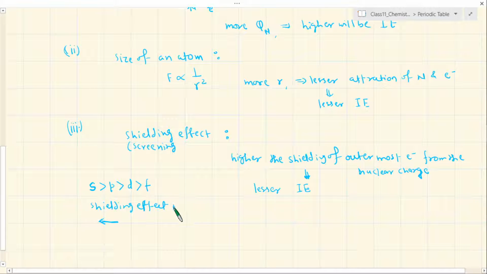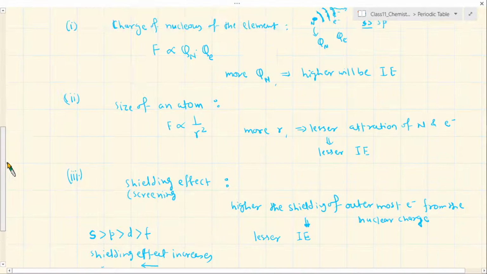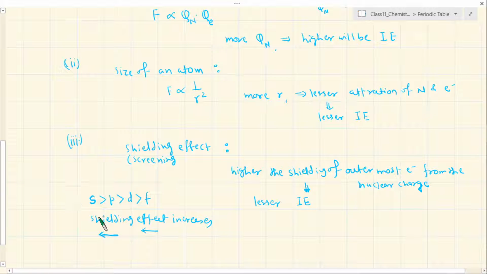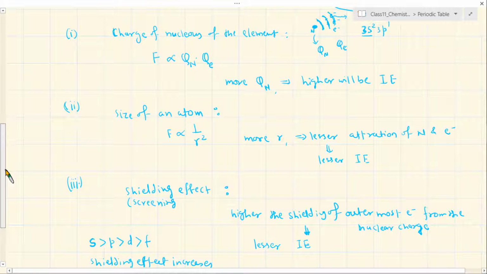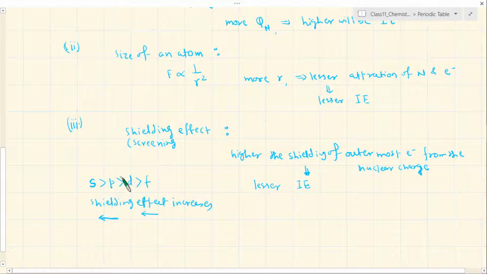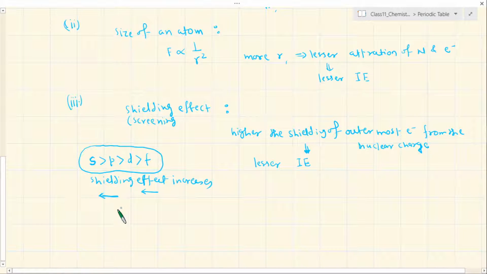So if it increases in this direction, okay, so you can very easily relate. These are factors that we are going to invoke to explain certain things a little later. So I talked about shielding effect, not very difficult, but now I am adding one more thing, saying that shielding effect also depends upon in which orbital the electron is. If the same electron is in the s orbital, it will cause more shielding versus if the same electron is in the p orbital. Okay, that's what it means right now.